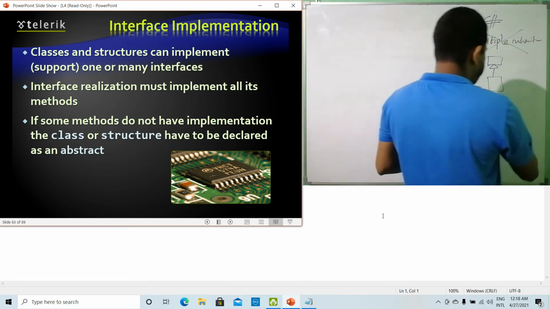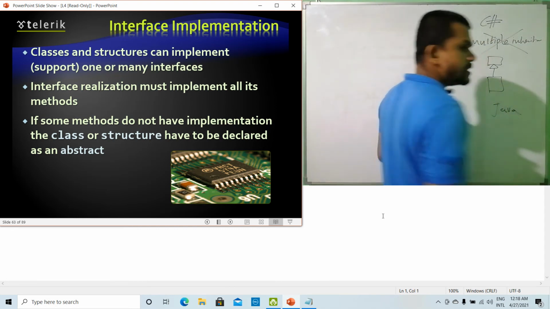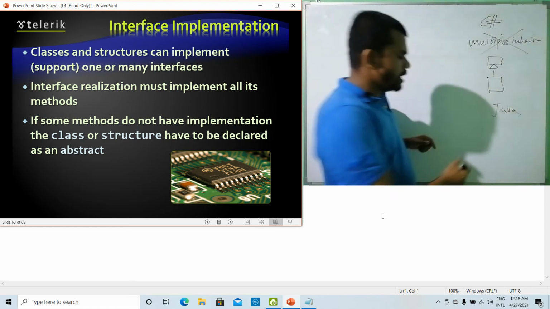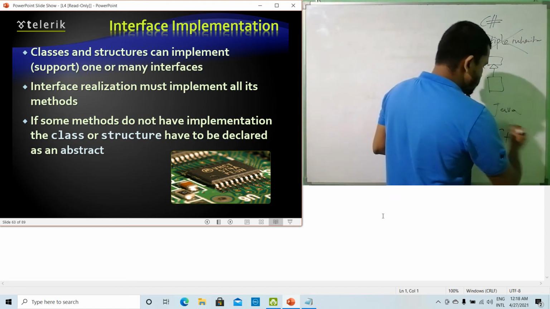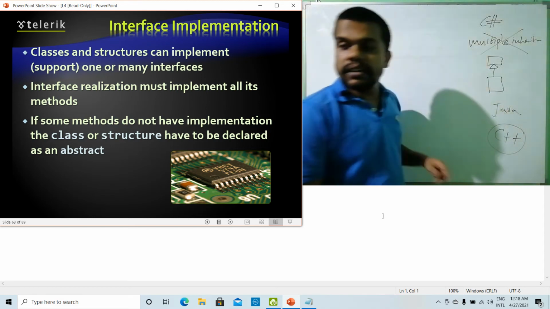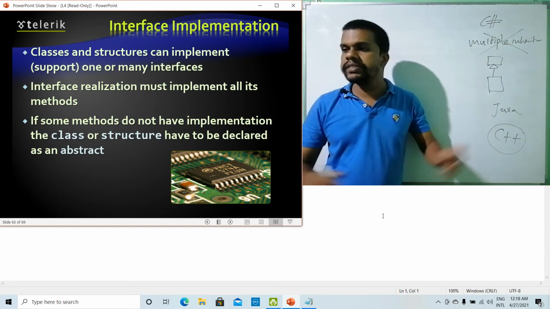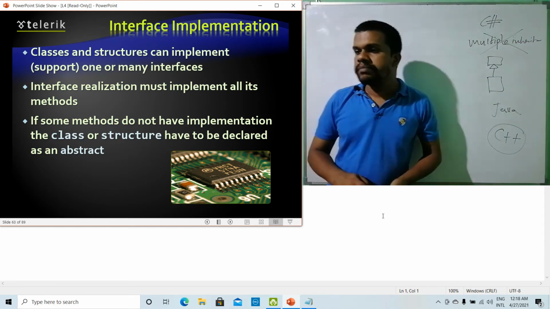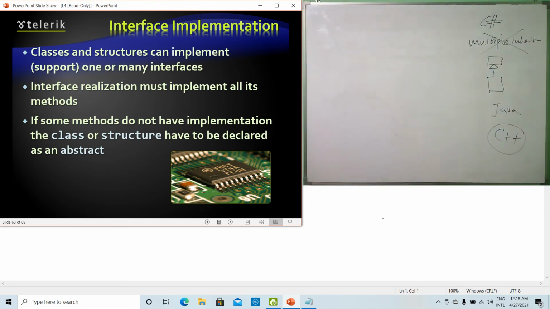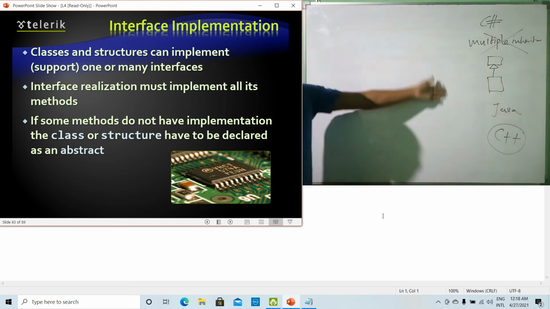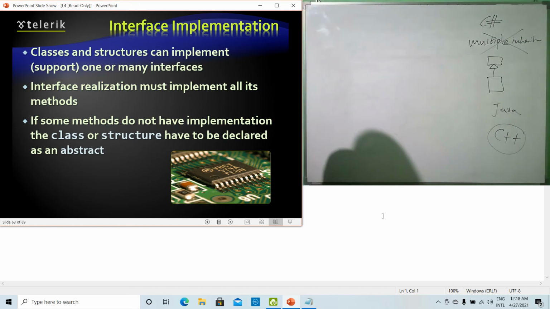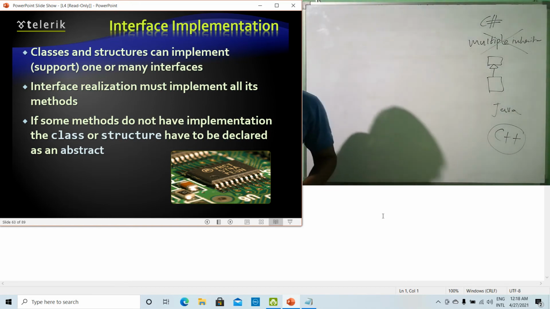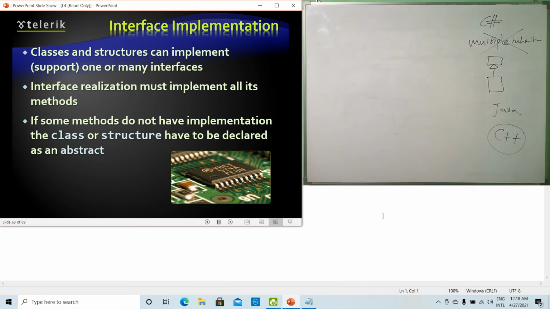In Java also multiple inheritance is not available, but C++ supports multiple inheritance. But in C# and Java, since we do not have multiple inheritance, we can do the same thing using interfaces